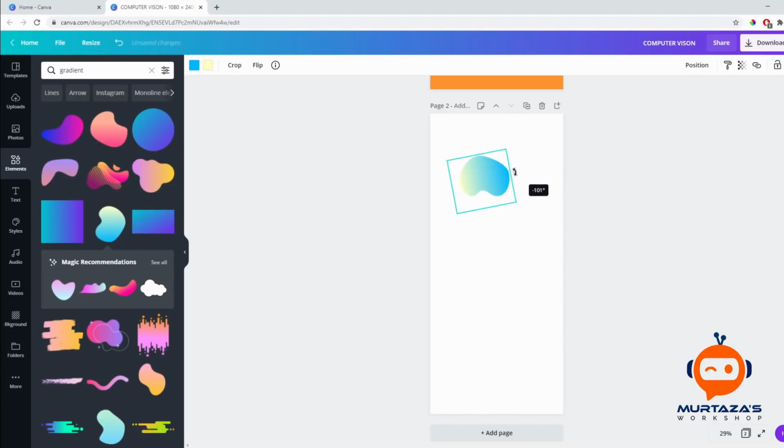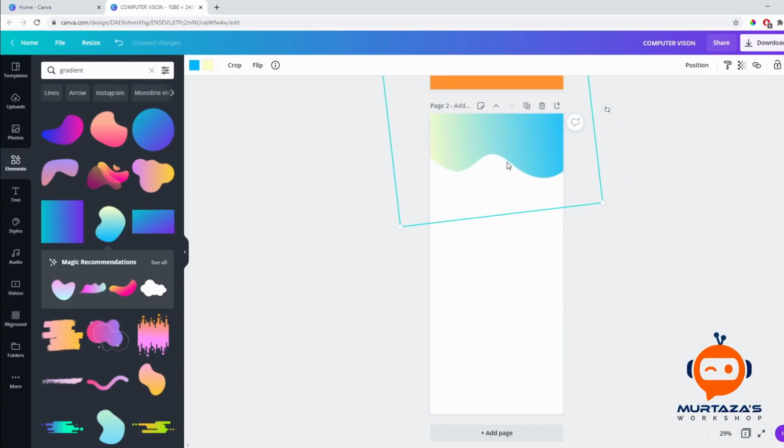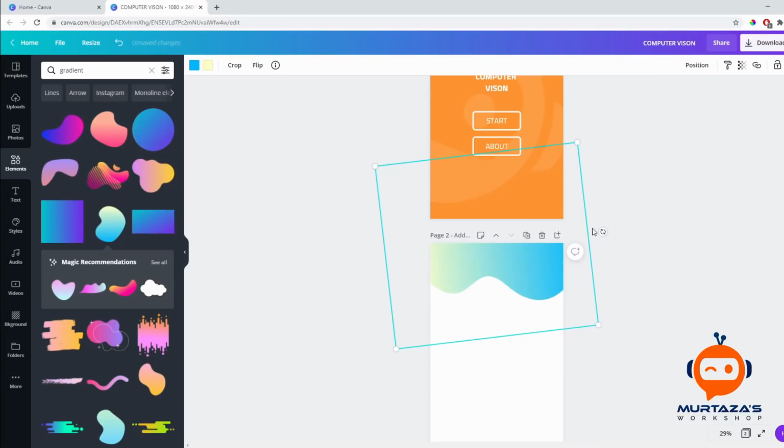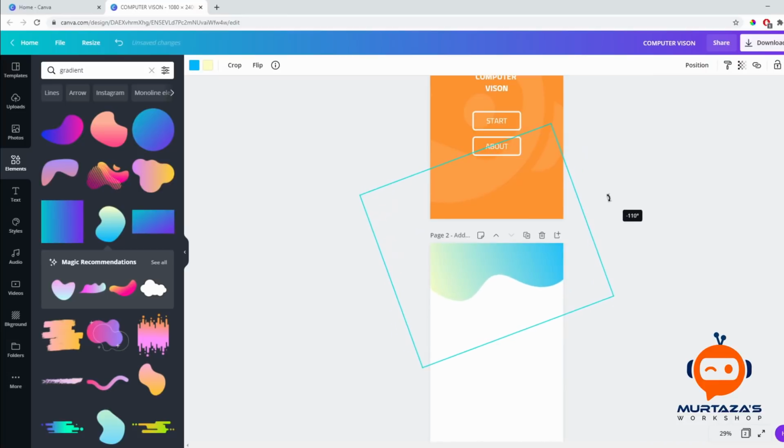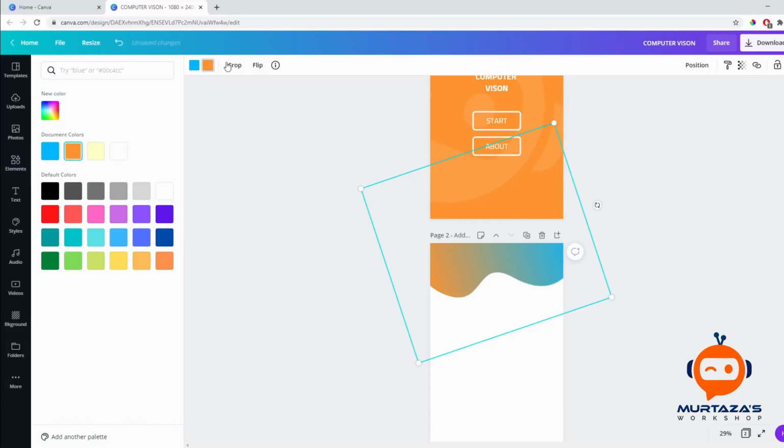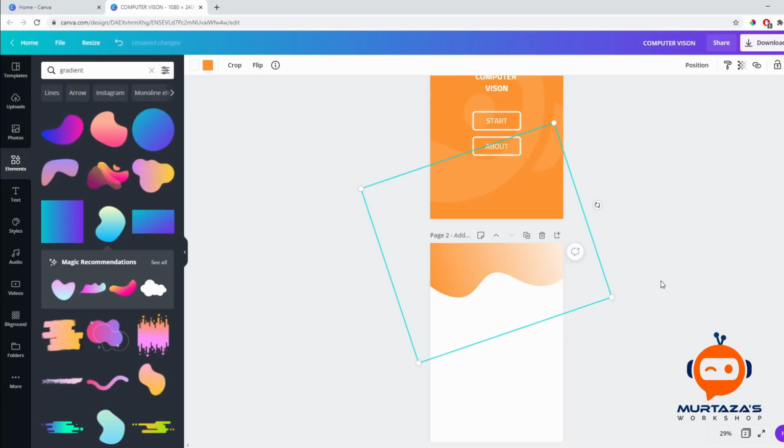Yeah, let's try it this way. So we can have it like this. So just giving it a little bit of design, and of course we can go back to our colors. We can pick orange and white,